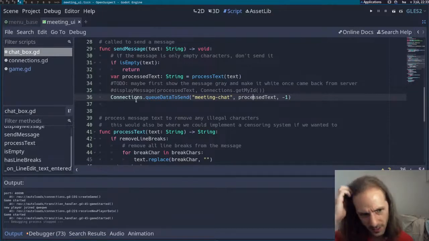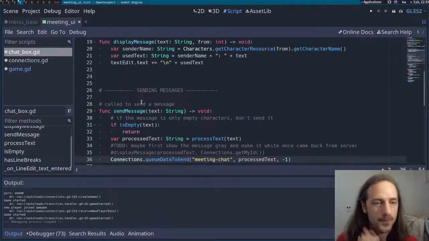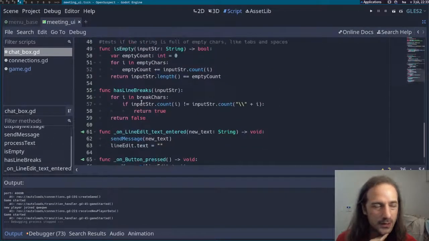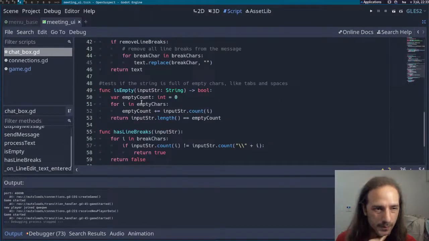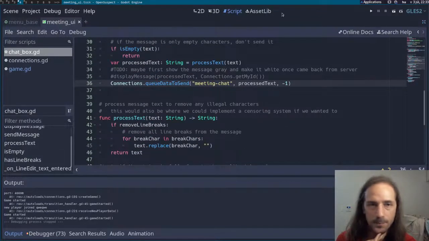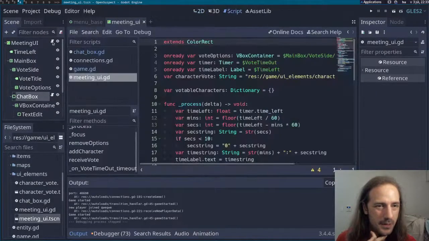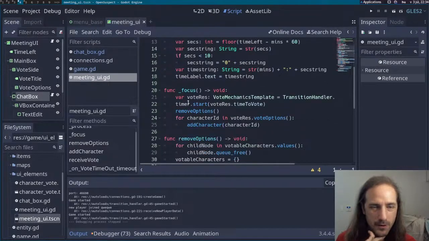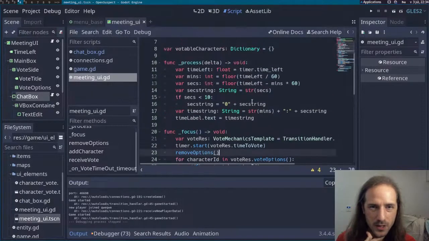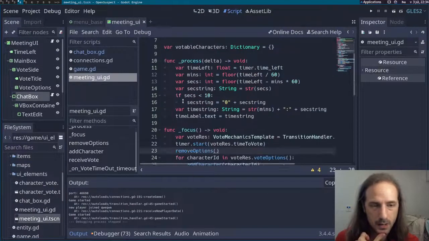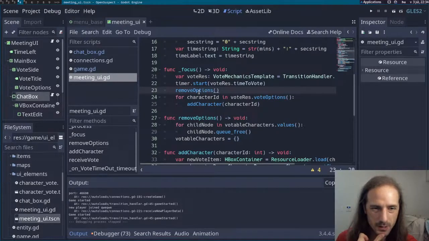Okay, what needs to be done here is we need to clear this chat box somehow. And that should be through the meeting UI, I guess. Because we already have a function here which says focus and remove options. So what we should do is, whenever it gets focused, the chat box,